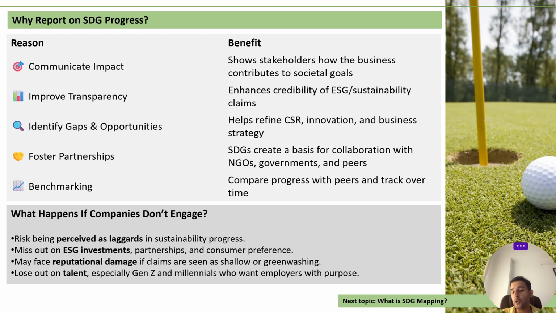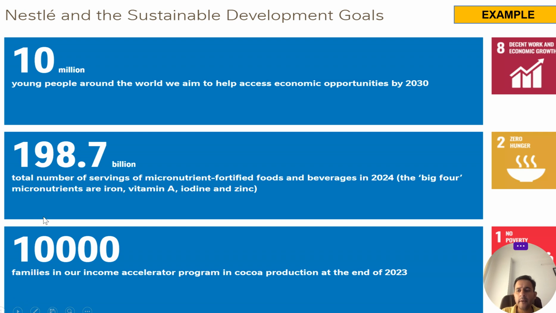Reputational damage will be there, and you may lose out on good employee talent, because people have started caring about these issues, environmental issues mostly, right? Then social related issues, your effect on communities, whether your activities are impacting the local community where your manufacturing site is situated or not, or corporate governance related issues, right? If you're not being transparent, then the outsiders will not know. So that's there, right?